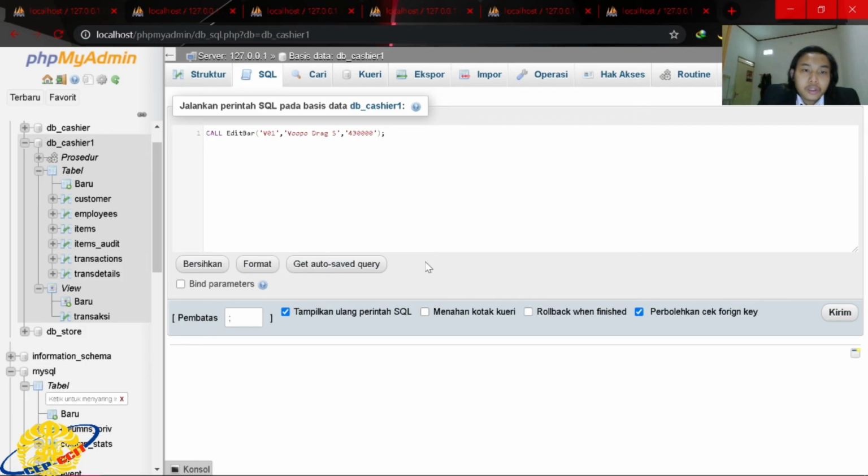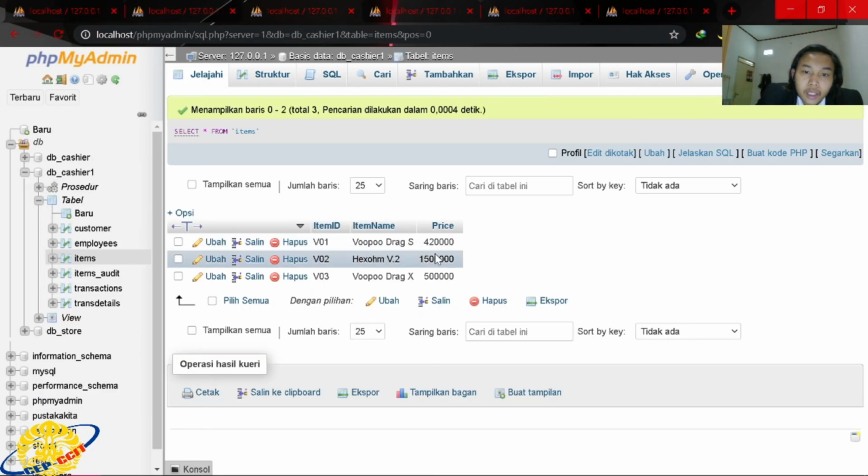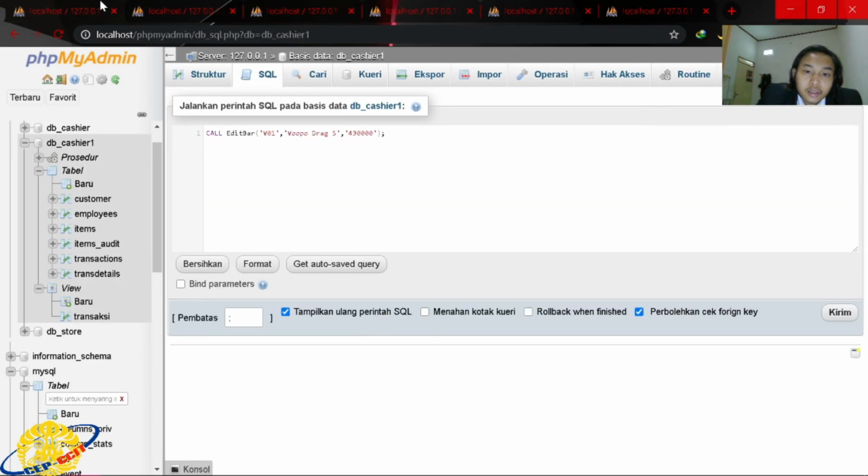Okay, now I will show you the trigger, how it works, and the implementation on the items audit. The first, I want to use the stored procedure for the edit bar. For the example, I want to change the price from like this to like this.